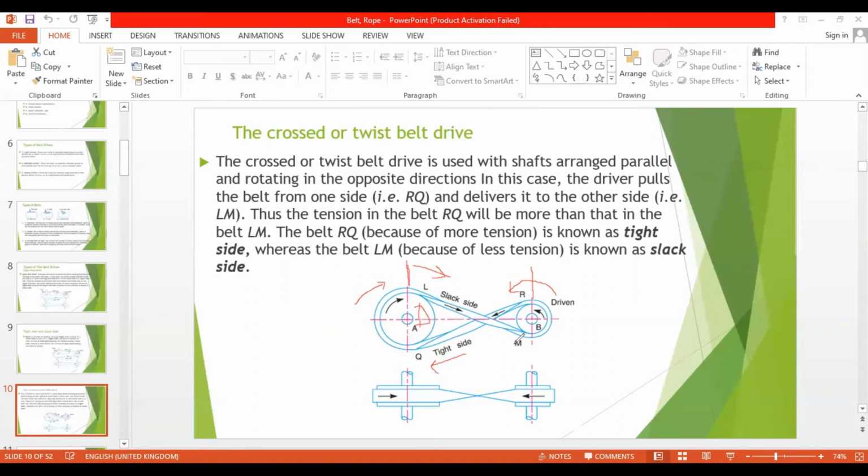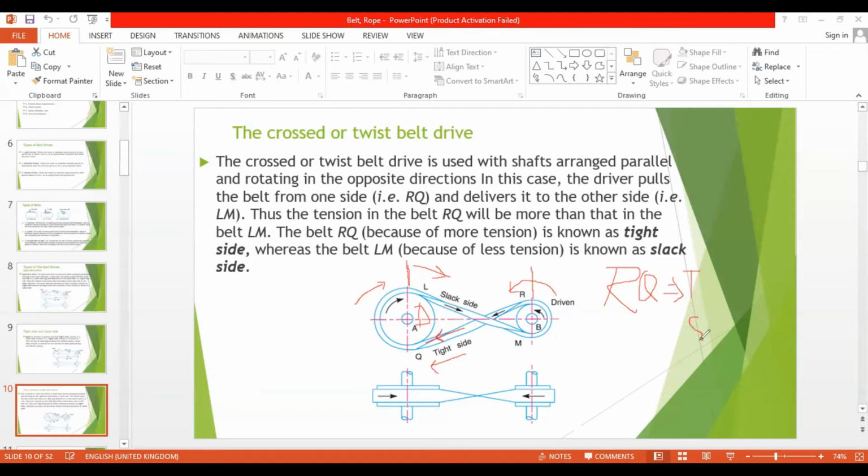We can say it the other way also. Tight side means, I told you, the belt which is approaching the driver. The belt which is approaching the driver is RQ, and therefore this is the tight side. And